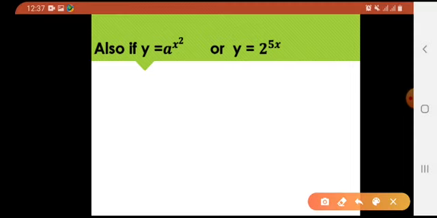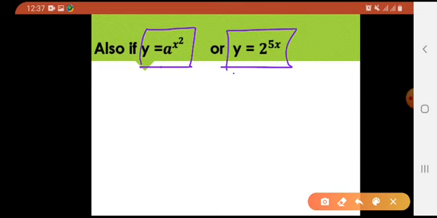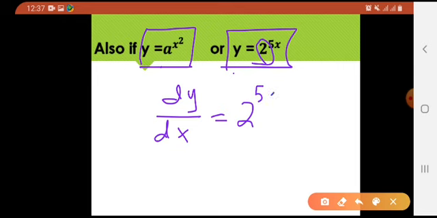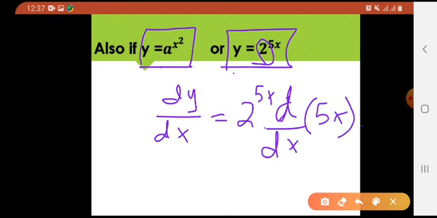Here, look at this. If y is equal to a raised to the power x square, a being constant, or first let us do this one, y equals 2 raised to the power 5x, now 2 being constant, right? So what would be the derivative of it with respect to x? It would be dy by dx equals, as I told you about the formula, this thing as it is into d by dx of the exponent, which we also learned in the e case, into, what was the difference? In fact, it was the natural log of the base. The base here is 2, so natural log of that.